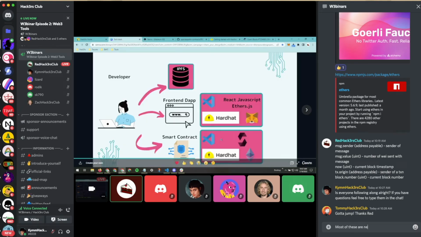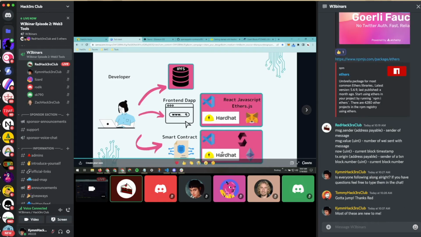Mainly, we're going to be using an IDE with Hardhat, with Solidity, and then on the front end, we're going to be integrating our Metamask, and we're going to be integrating a JavaScript library. So we've got about a half a dozen tools here. It is kind of a lot. Kim said most of them are new. That's super exciting then. You're going to get to learn all of them at the same time,